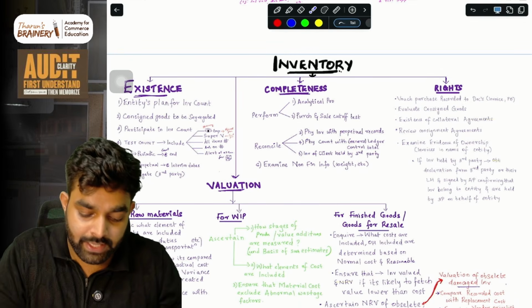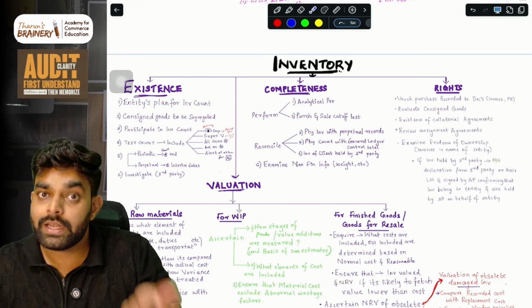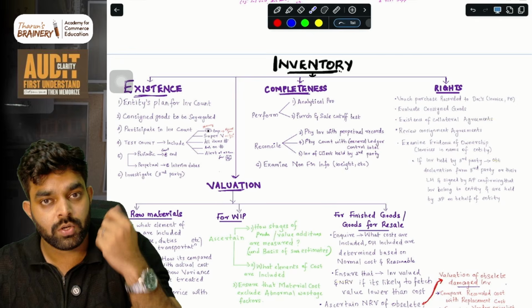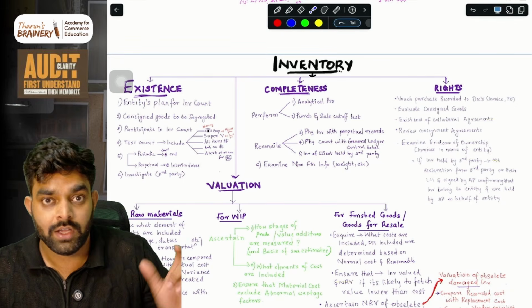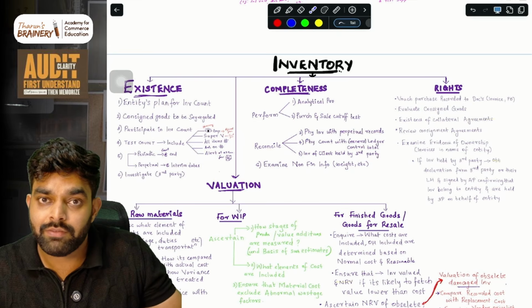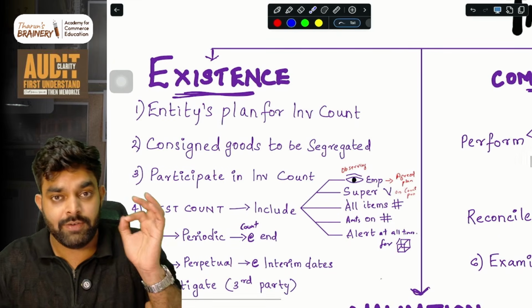Now you have to check the existence of inventory, whether that inventory is actually existing. What audit procedures are you going to do to check that? They are saying 10 lakh inventory is there, so you have to go to the company and check whether 10 lakh inventory is actually there. What kinds of procedures will you do in that? First thing you will do is